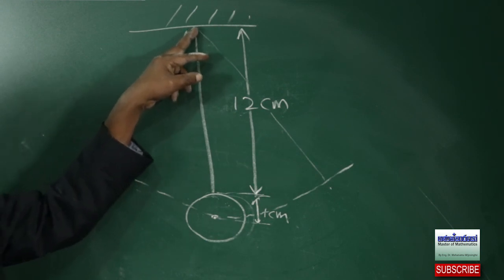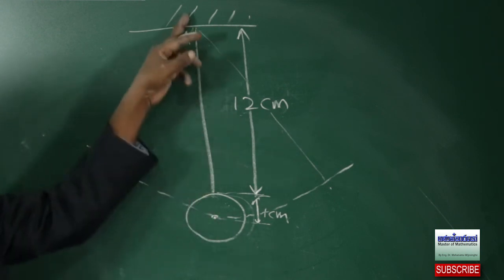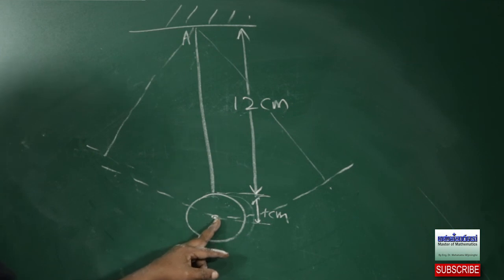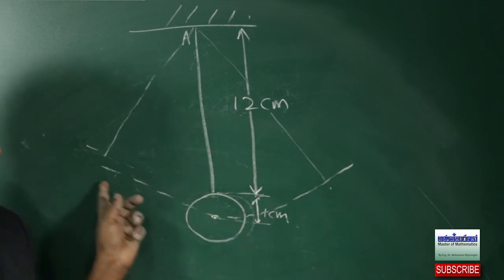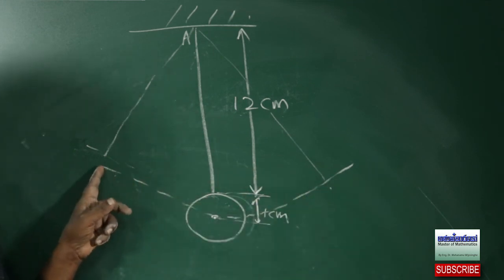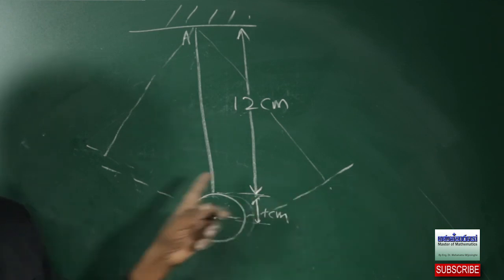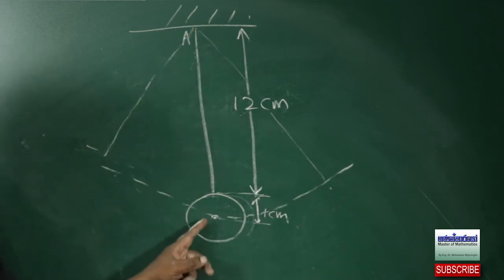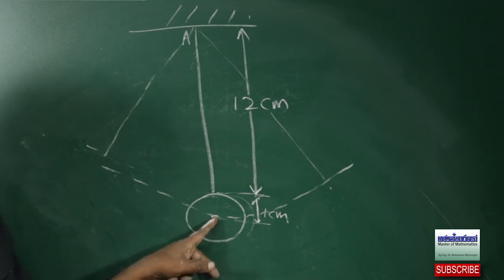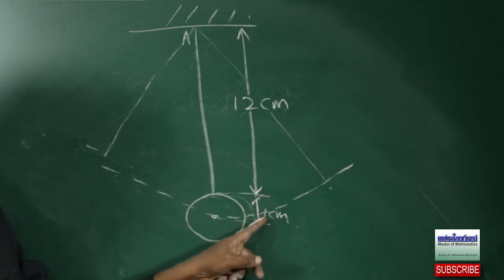This is a fixed length of 12 plus 1. It varies from point to point. Suppose from here to here, the distance from fixed point A to this point, this is 12 centimeter plus 1